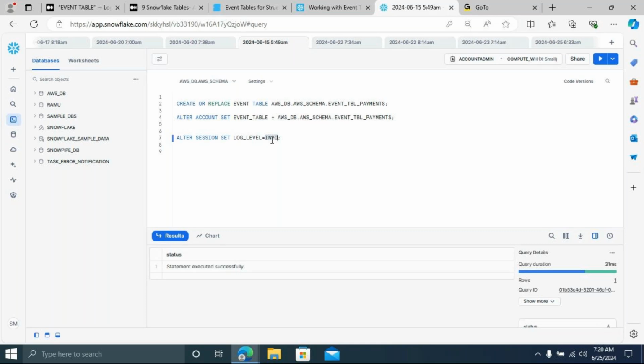Now I'm going to write a proc. For writing a proc, what syntax, guys? Create or replace procedure, and you have to give the procedure name. I'm going to give a payments event proc.